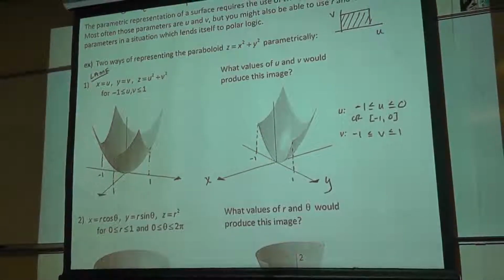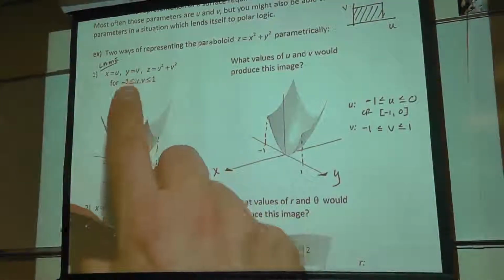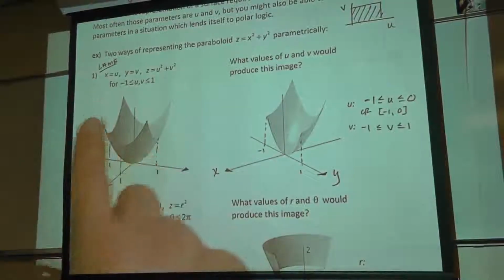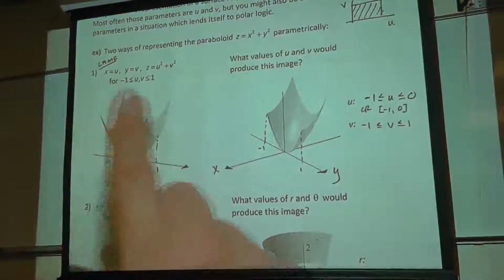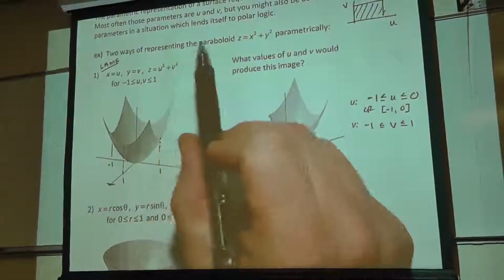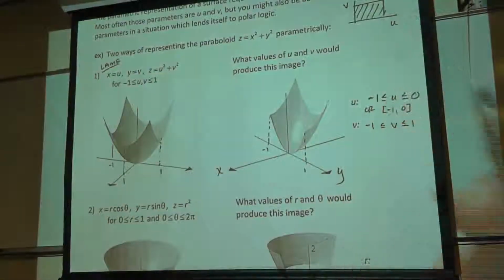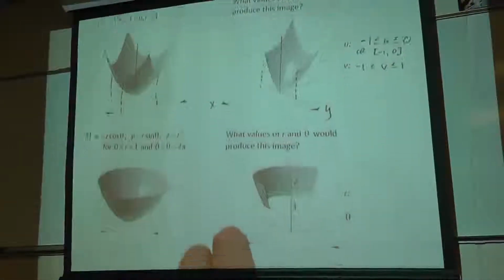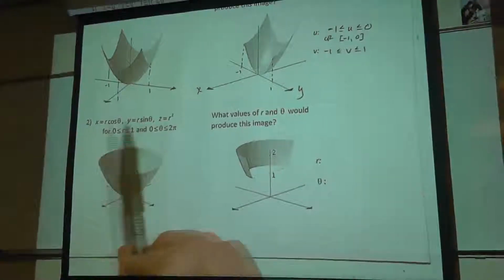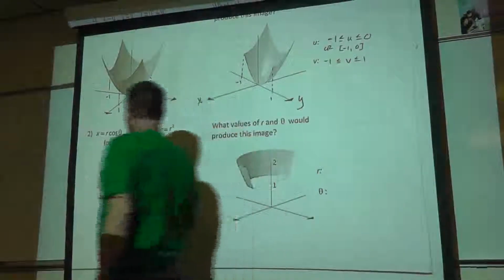Okay. Let me see if you can do this one. I switched from using the rectangular parameterization, which is always just the lame one: let x equal u and y equal v. And then if your equation is z equals x squared plus y to the 4th, then the parameterization will be z equals u squared plus v to the 4th. That's it. So I prefer using a circular domain that comes from mimicking polar coordinates. And I've actually gone so far as to use r and theta here as opposed to u and v. So pi to 2 pi and 1 to 2.